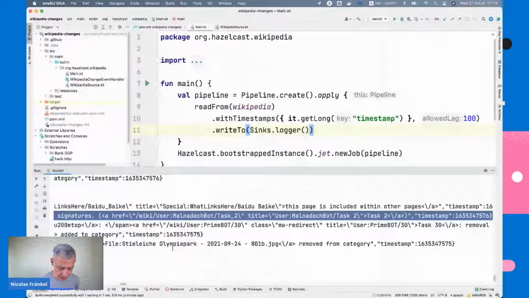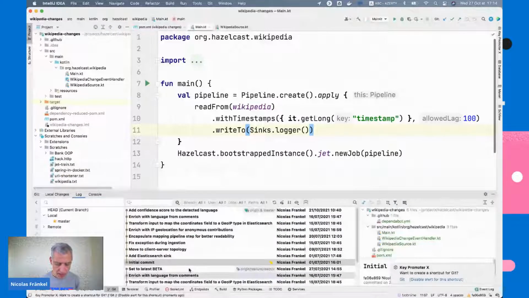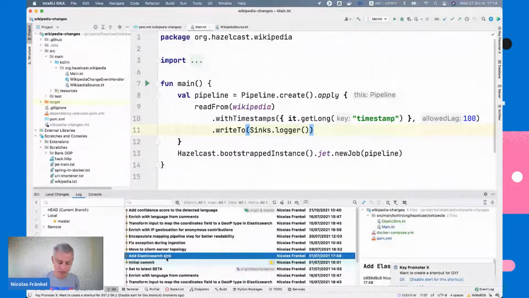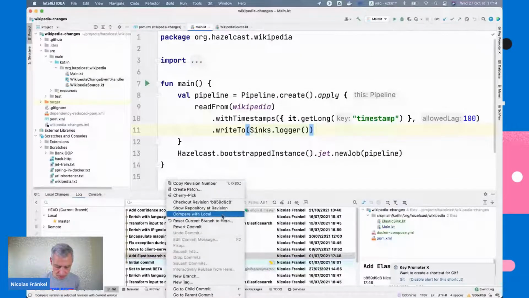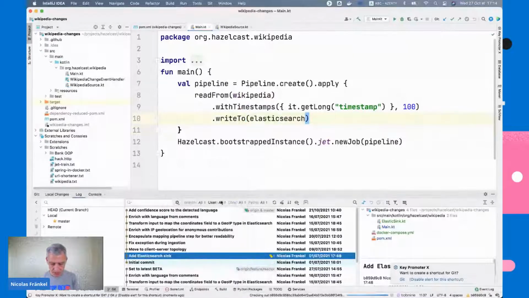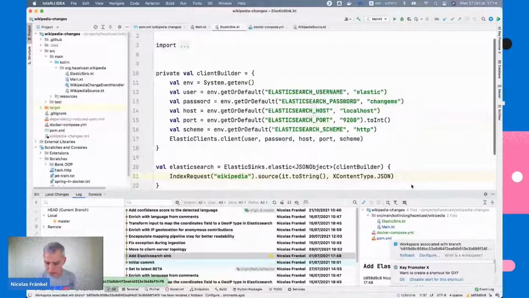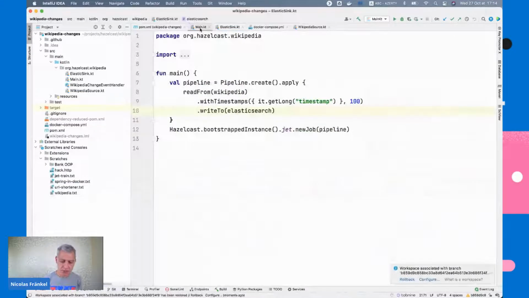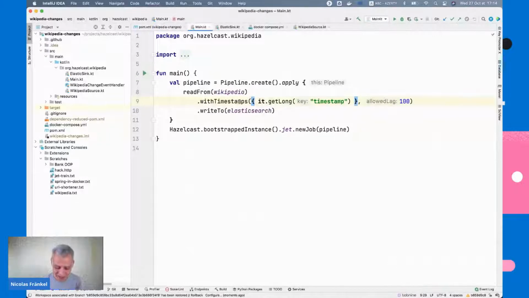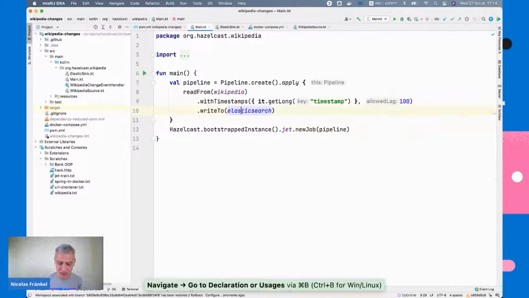That's the second step of my Git. So I will give you the link to the Git repo. Everything is public, so don't worry if you are not following along. So here I have updated the pipeline. No, I'm not writing to the console out. I'm writing to Elasticsearch.